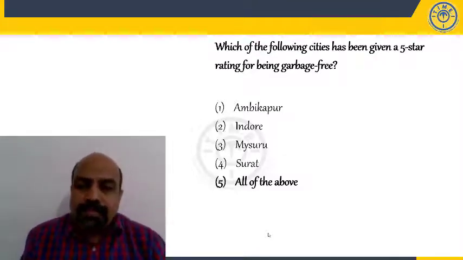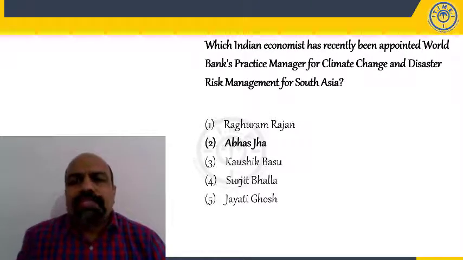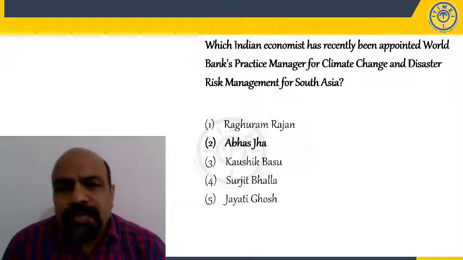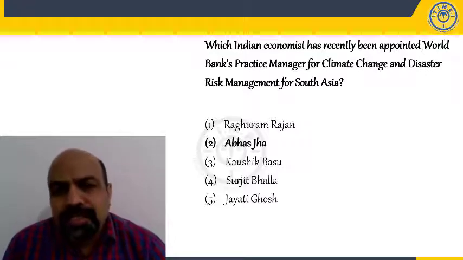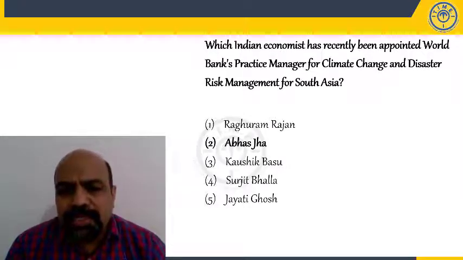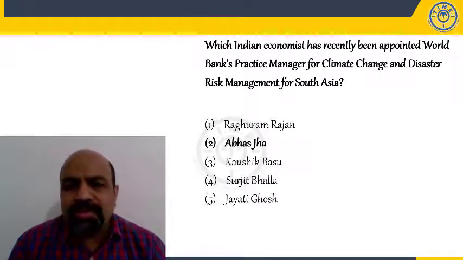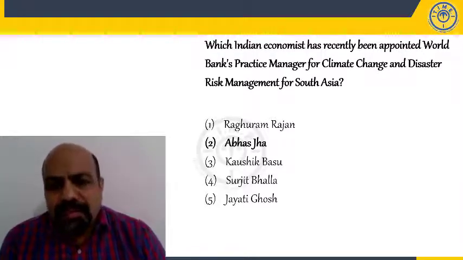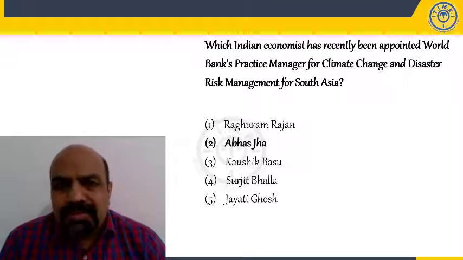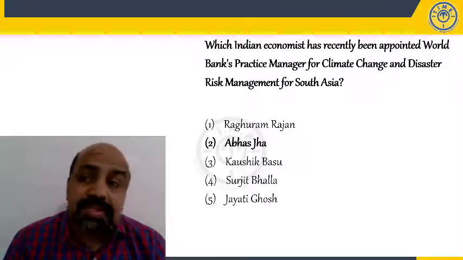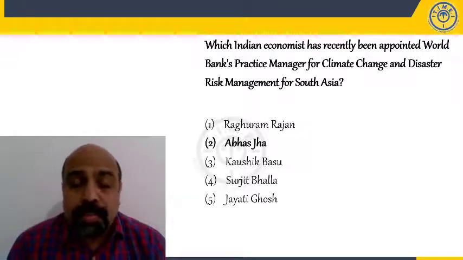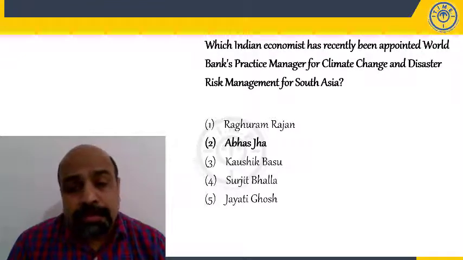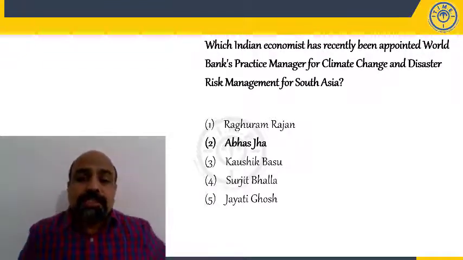So, which Indian economist has recently been appointed World Bank's practice manager for climate change, disaster risk management in South Asia? Abbas Jha. I tried to locate information about this, but there isn't much on this actually. I went to the website of the World Bank also. I found someone else, not this guy actually, I don't know why. Anyway, Raghuram Rajan is, I think,